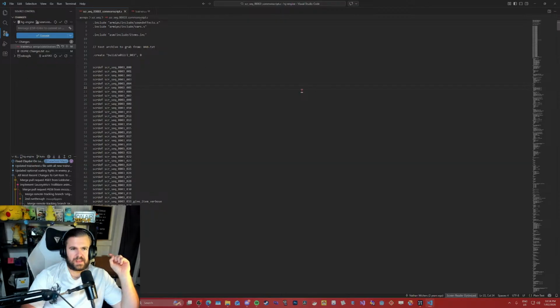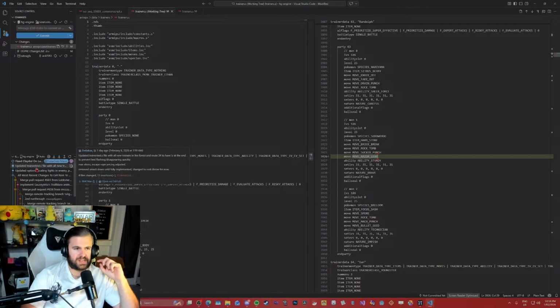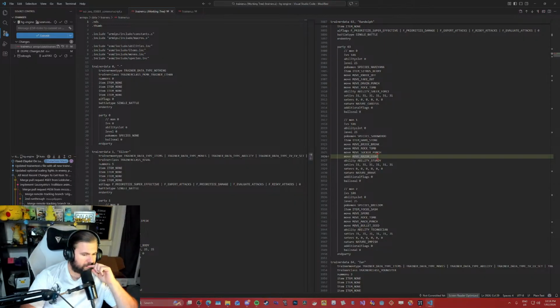Normally it asks me if I want to bring the changes over, but it hasn't this time. Maybe it's just automatically done it. But now it's not. Yeah, so it's got razor leaf, but it's not showing me that on this side. What the fuck? It did before when I was on the branch I did it on, but now I'm on this branch, it's not showing me that.